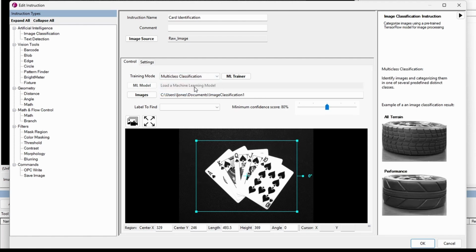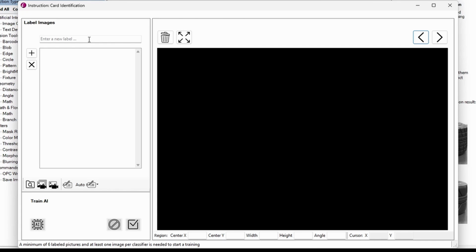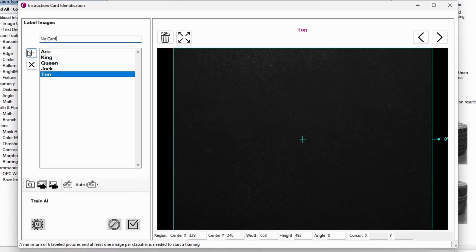To select where your training images will be saved, click the Images button to open your file directory. Choose or create the appropriate folder, then open the ML Trainer. To add your labels, type a name into the text box and click the plus button. For this tool, we'll be adding the ace, king, queen, jack, 10, and a case for if no card is